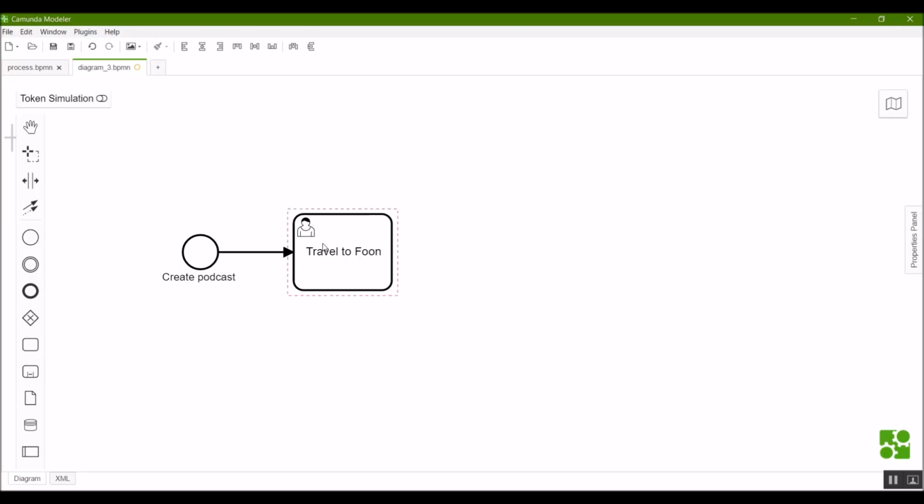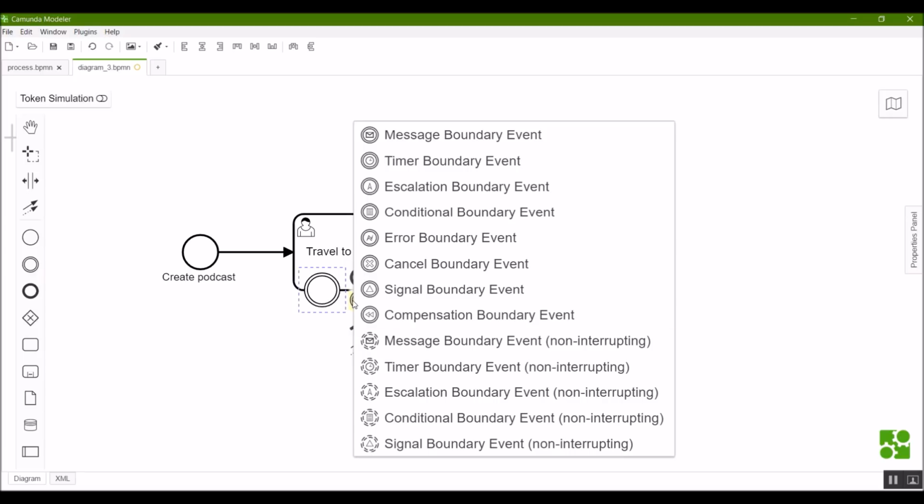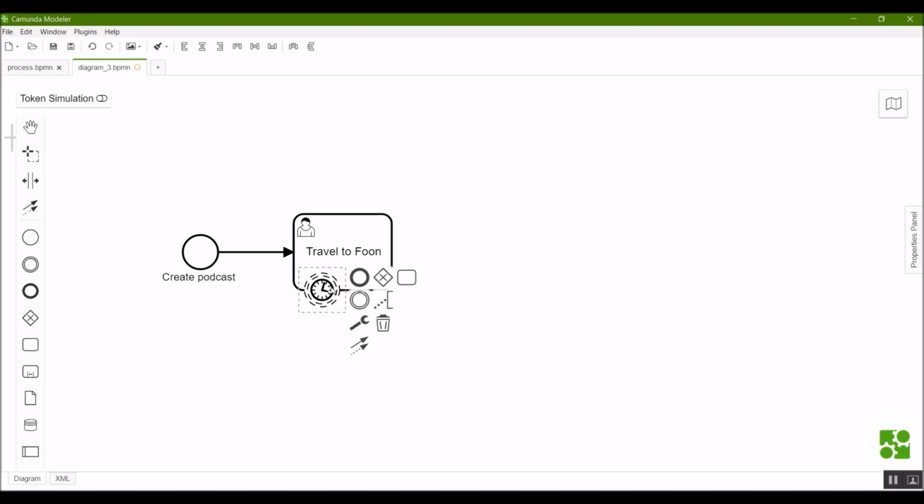On this task, I want to make sure that while we do this task, we are also at the same time waiting for an event that may occur. The specific event in question is an intermediate event that I'm going to drag and drop from the panel here, and I'm going to convert it into specifically a non-interrupting timer boundary event. Make sure it's non-interrupting. You'll see that it's got little dashed lines around it, and I'm going to give this a timer which is going to say every 20 minutes.